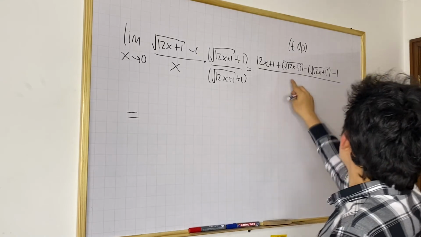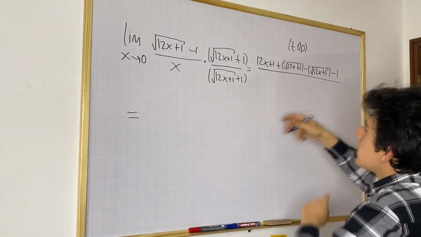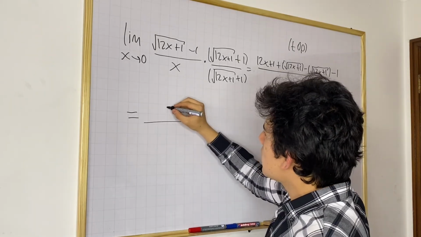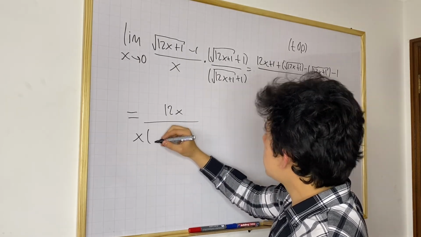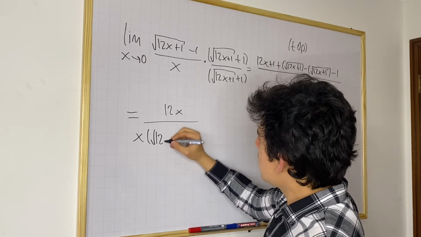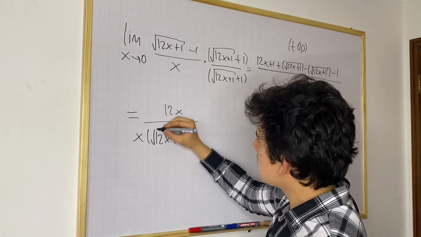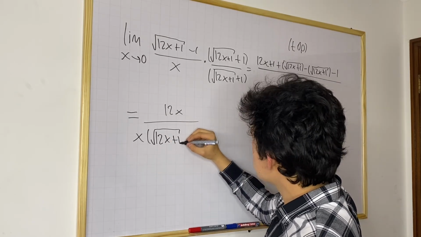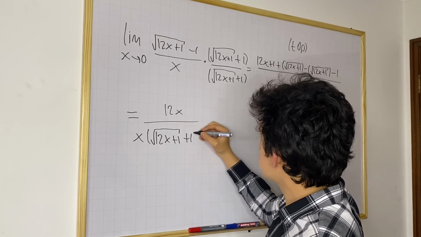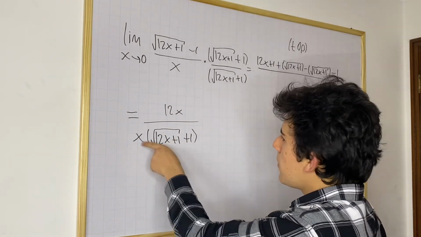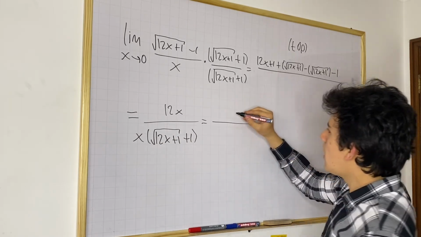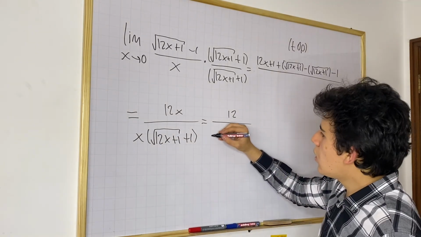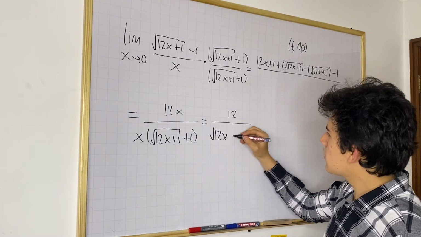So these two terms cancel out, positive 1 and negative 1, and we get 12x over, we don't FOIL the denominator, so we have square root of 12x plus 1 inside the radical, plus 1 outside too. And we know x goes out with the x on the bottom, and we get 12 over square root of 12x plus 1